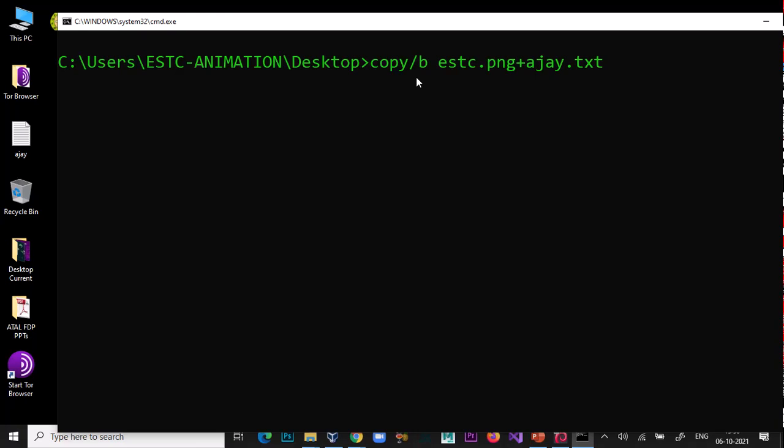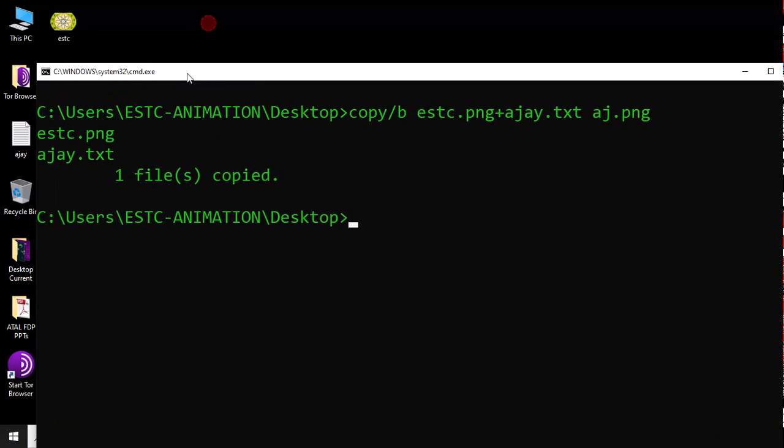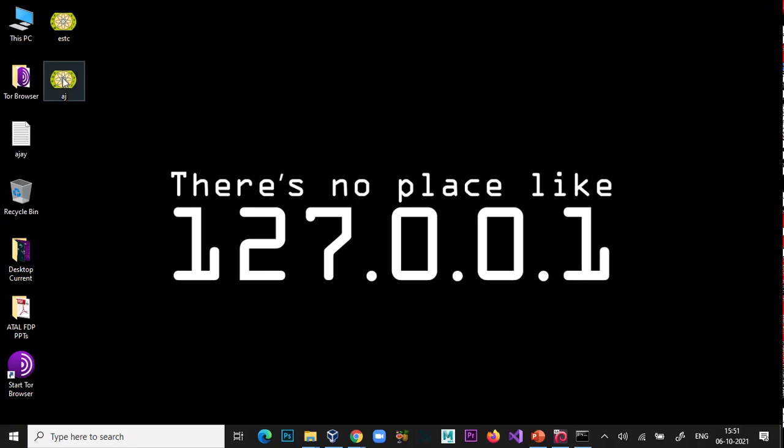So estc.png plus aj.txt get embedded and make a new file that is called aj.png. Okay, I just press enter. Both files are copied and make a new file.